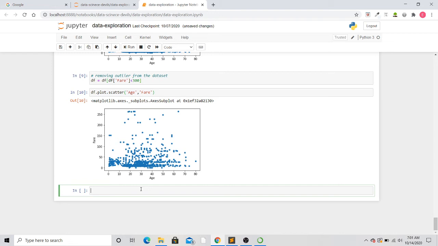Now what was my second way of treating outliers? My second way was replacing them with some other value. So replacing outliers with some other value, this is the comment.